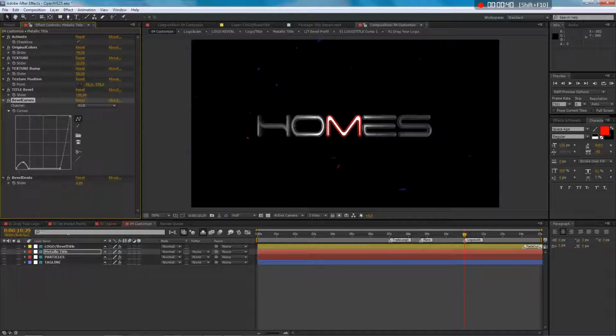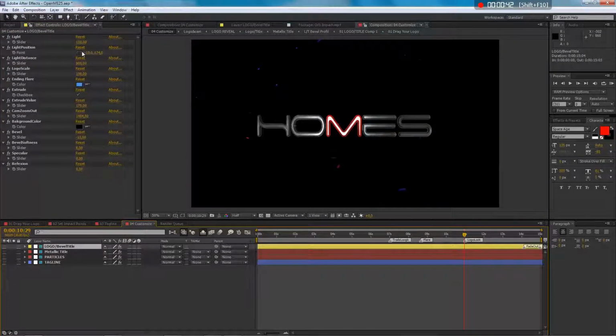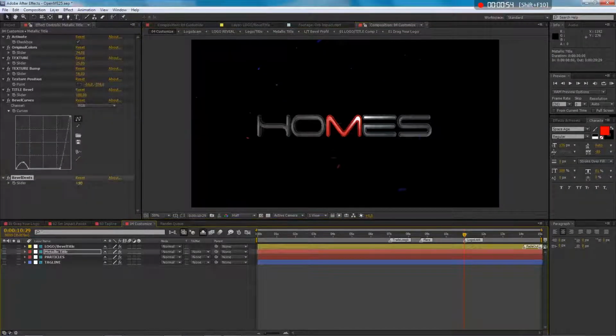Let's play with the light and change its position, maybe about here. Very spacey look indeed. And let's get the dent back. Not too much, yeah. So just play with these values, because I don't know, you can even